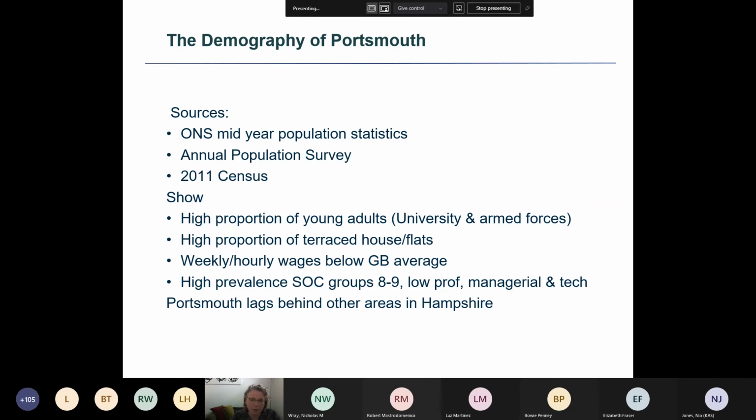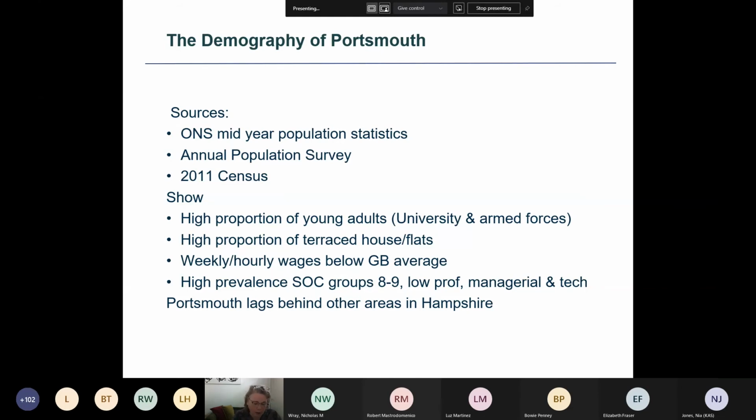We used data here from the Office for National Statistics about age sex distributions from the mid-year population estimates, on labour market statistics from the annual population survey, and about ethnicity, accommodation and tenure from the 2011 census. So pulling all that data together and looking at it as a whole for Portsmouth, the data suggest that Portsmouth has a relatively young population compared to England. This is likely due to students at the university and also the presence of Royal Navy bases. It's broadly similar to Southampton, both university towns in Hampshire.